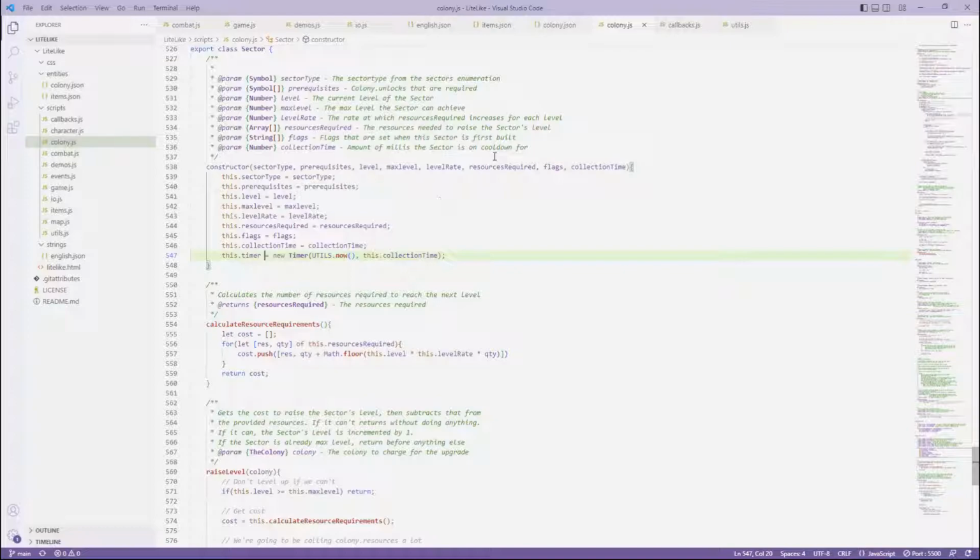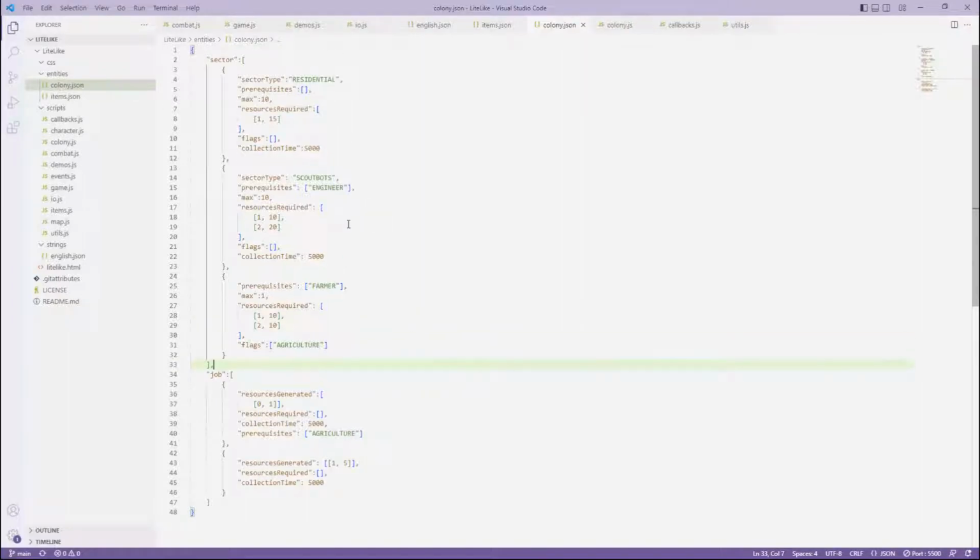Otherwise, beyond that, not much else happened. Obviously, a bunch happened over in the demos, and a good bit of mistake fixing because whoops. But that is basically everything that happened at this point. I believe I covered everything, aside from obviously updating sector type and collection time in here to match the objects